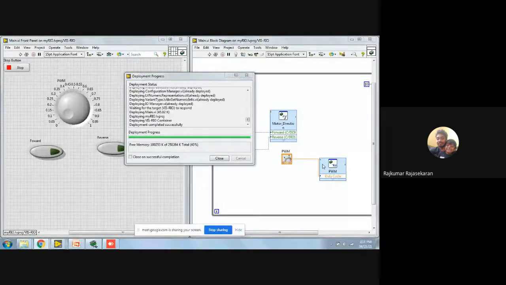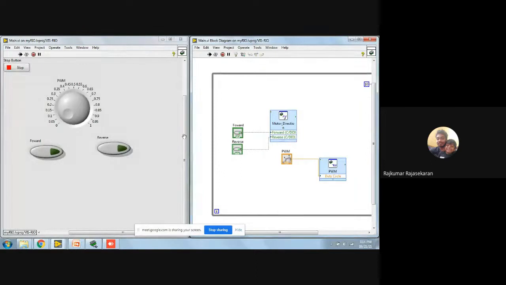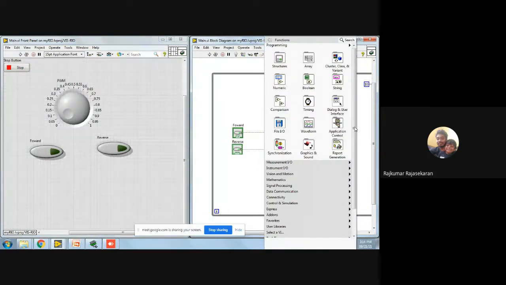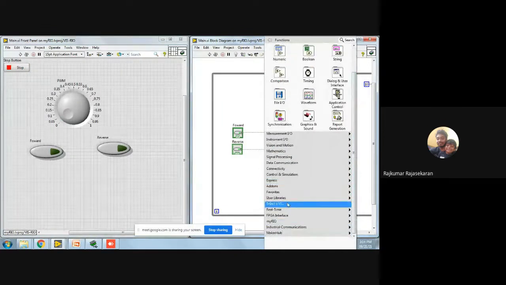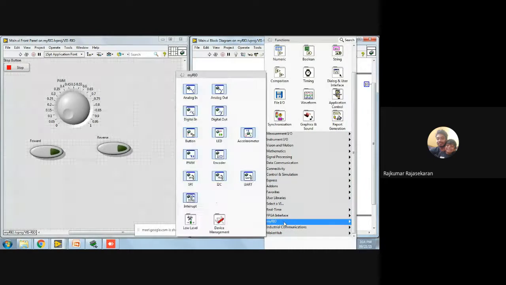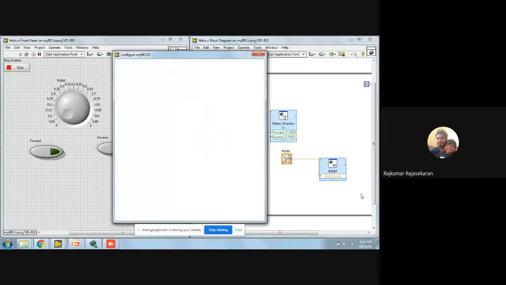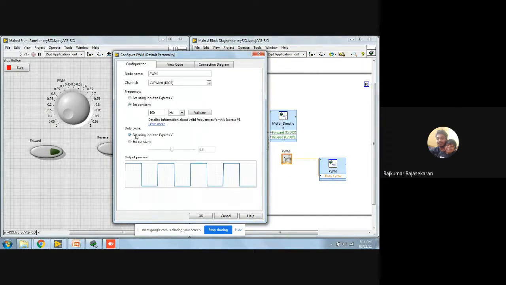So basically, there is a PWM generator which is available here. Let me just repeat briefly. Instead of using on or off, I made use of a PWM generator, inside which you have options where you can set both frequency as well as duty cycle.